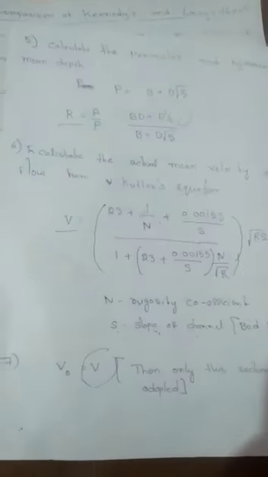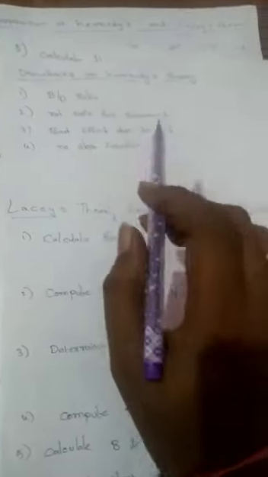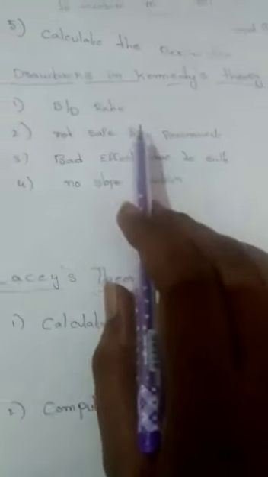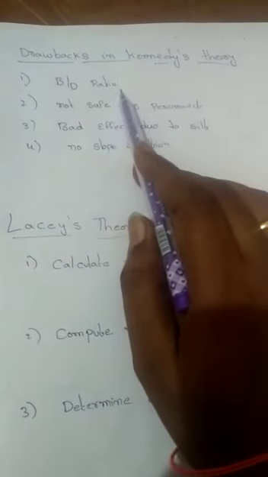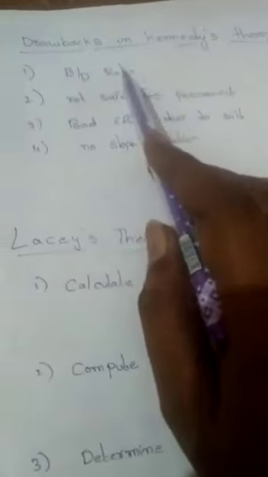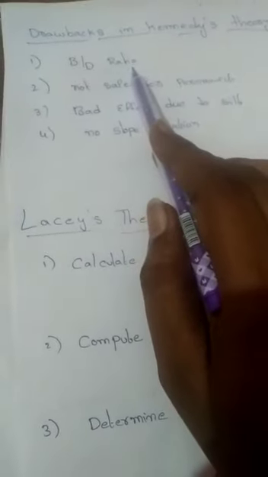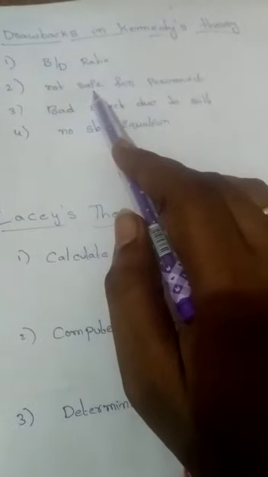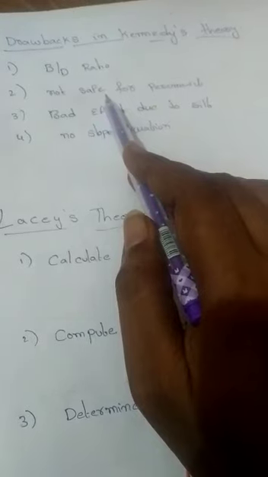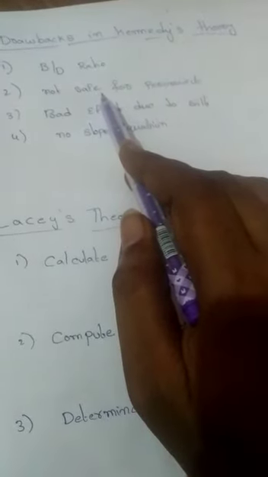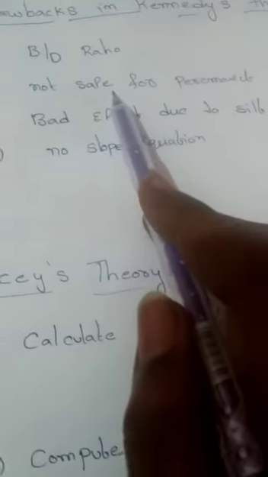While coming through any kind of definition or derivation, we have a lot of drawbacks. First, here clearly mentioned are the drawbacks in Kennedy's theory. The width to depth ratio is ignored; he does not consider the width to depth ratio. This is one of the major drawbacks, and it doesn't work permanently. Any canal designed using Kennedy's theory will be for temporary purposes only.